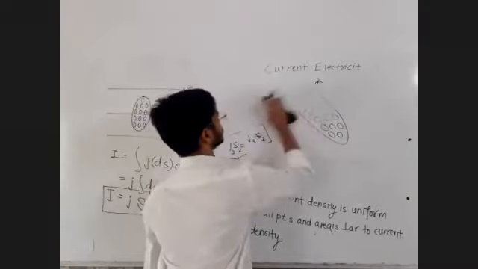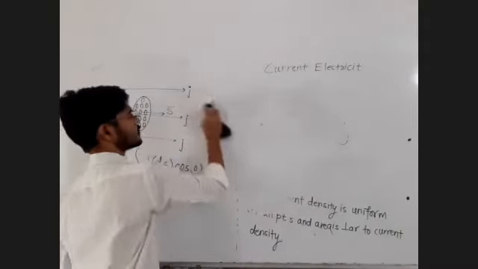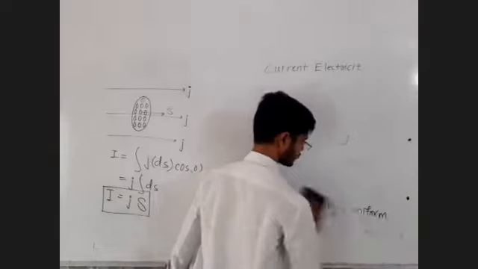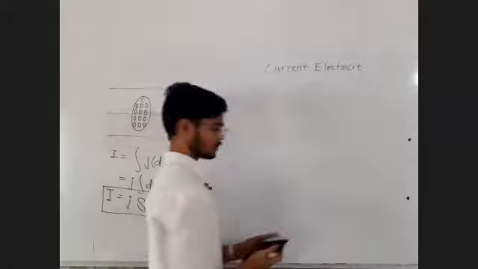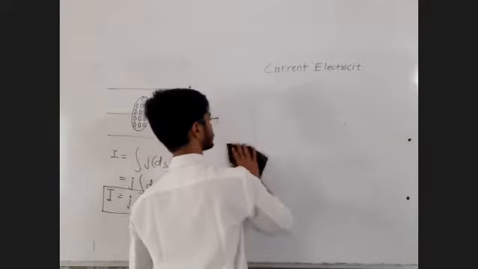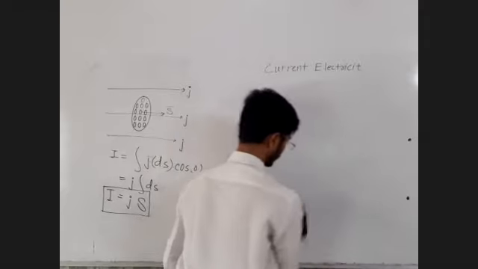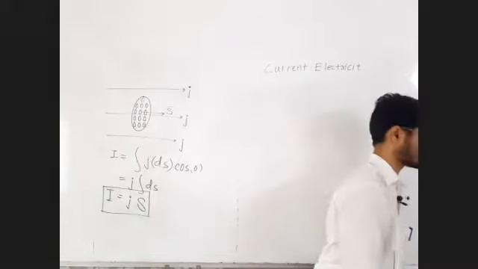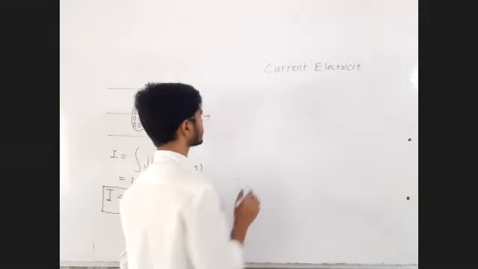Now let me ask you one question. What is the direction of current density? I already answered this question. It is equal to the direction of current. Okay, always remember, it is equal to the direction of current. It means that current has direction, but still current is not a vector quantity, because